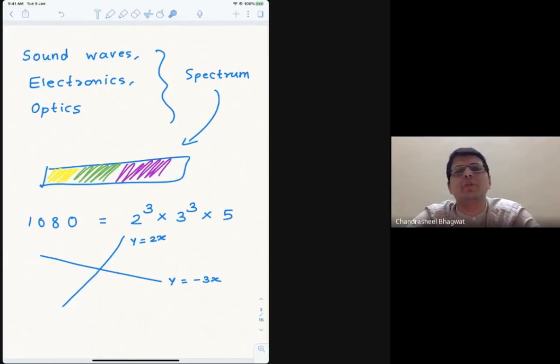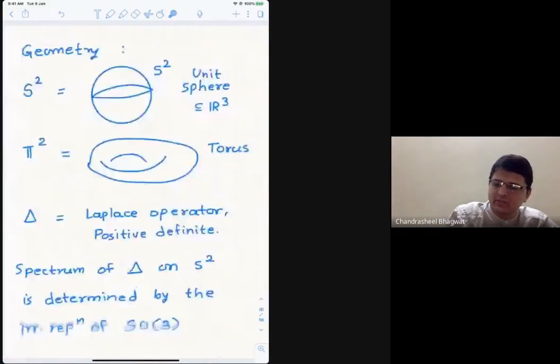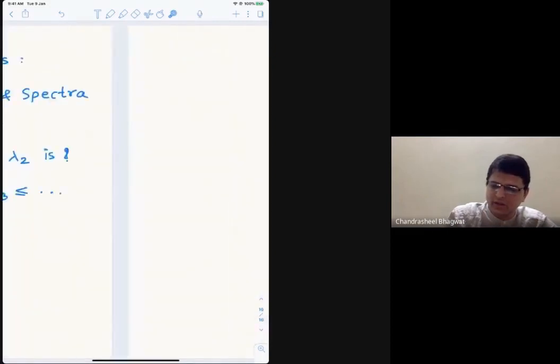So that's why some normalization is needed. The normalization doesn't affect the eigenvectors. It will just change the eigenvalues by an appropriate scalar. And in the context I talked about, it really matters whether you take positive or negative. And then, yeah, so you make it positive definite, if it is not already positive definite, by multiplying it by -1.